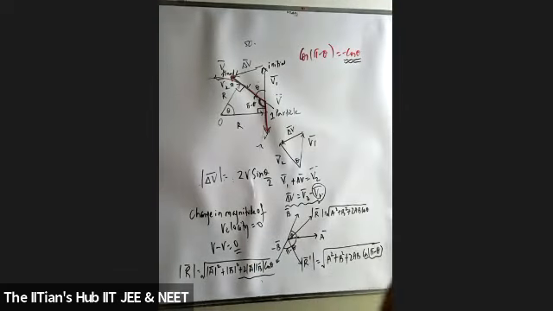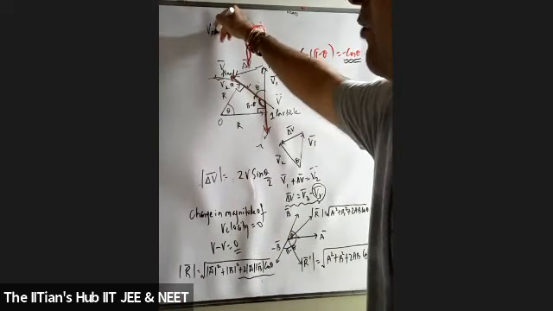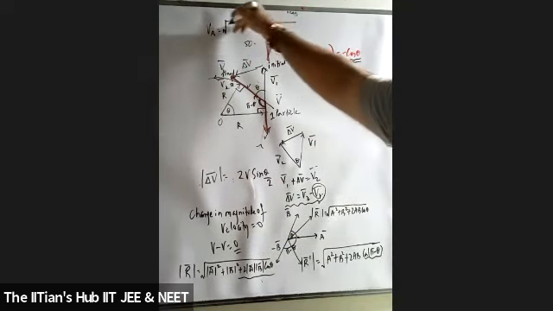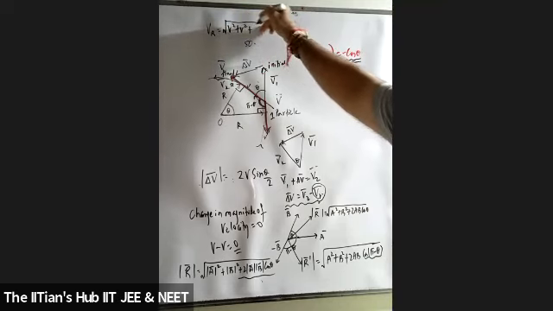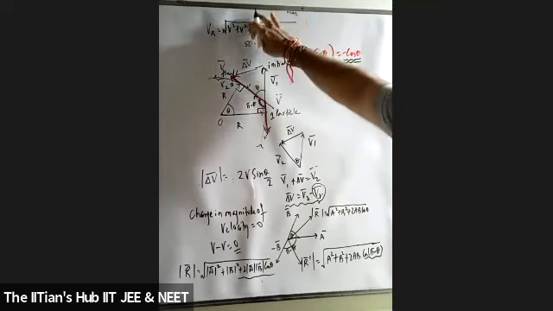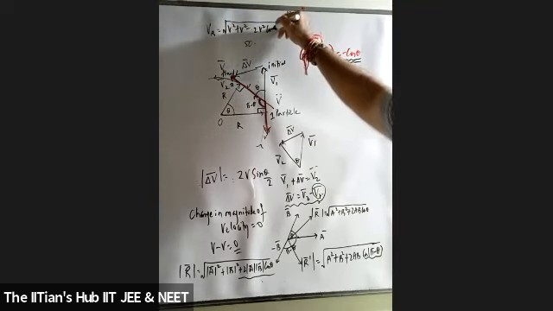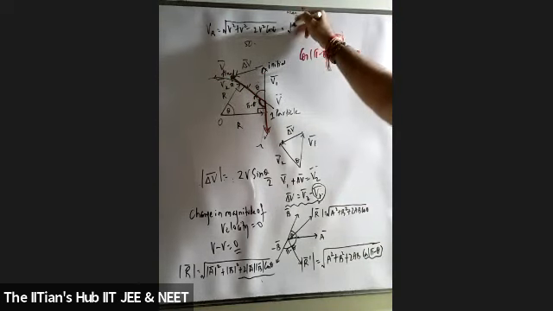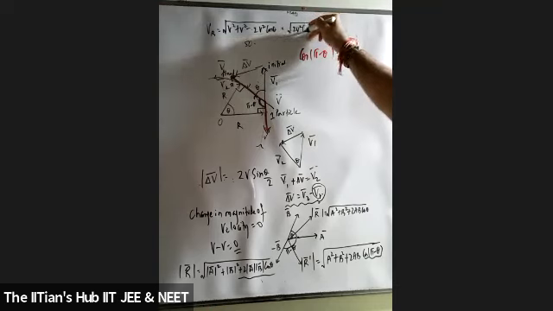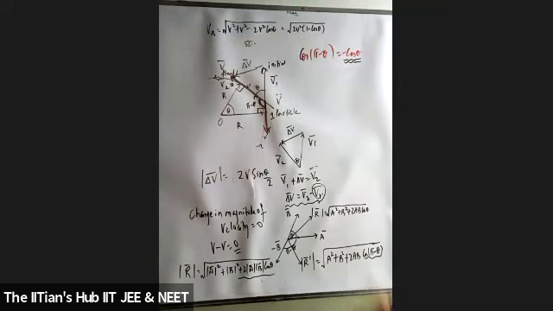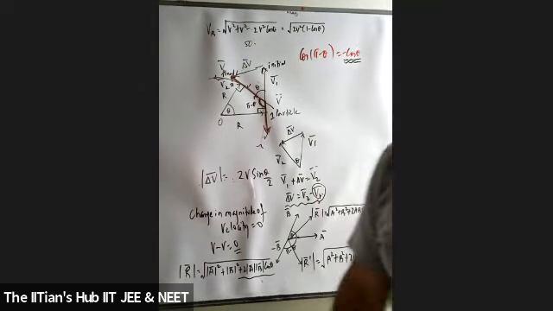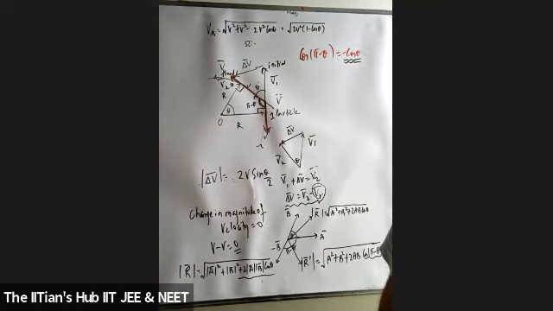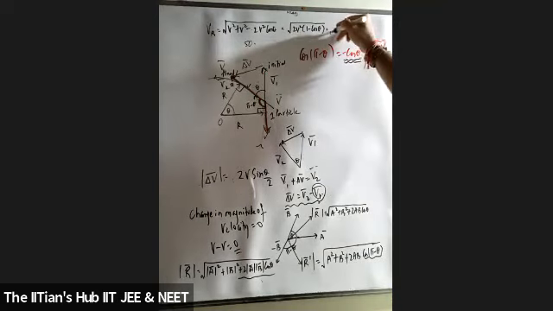Is this clear, students? So now your formula: resultant velocity will be equal to, students listen carefully, under root v square plus v square, sorry, minus 2v squared cos theta, because it's minus cos theta. Now solving it, can I say this will be under root 2v square into bracket 1 minus cos theta? Very clear, students?